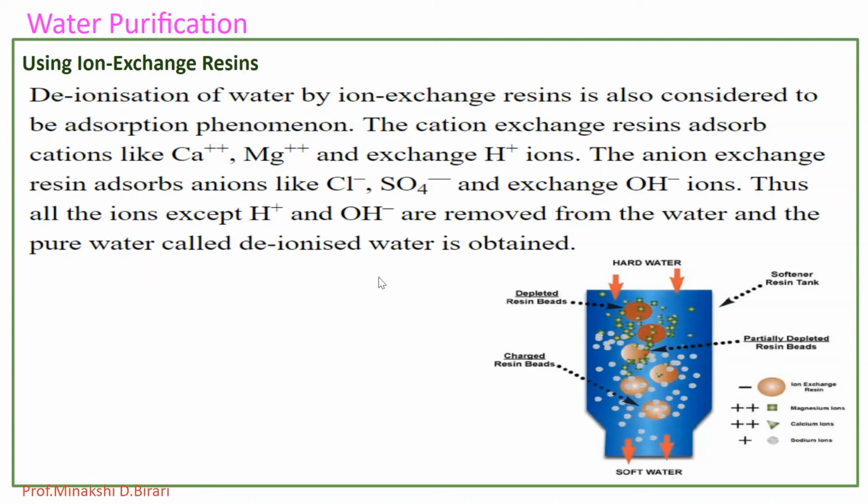In another process, which is a more common way, the tap water is passed into a column containing both types of resins, that is cation and anion exchanger. Here the cations and anions are removed simultaneously. So by using that process also the deionized or demineralized water can be obtained.